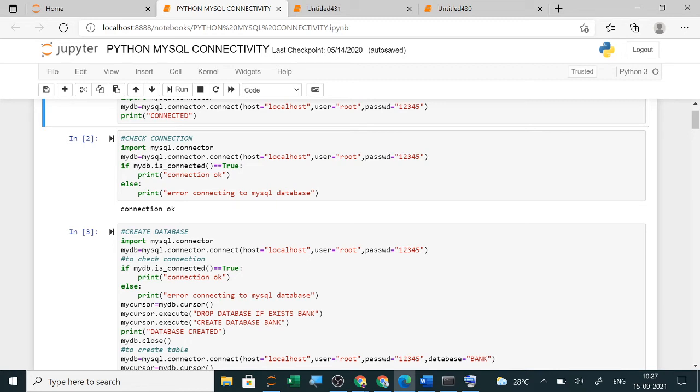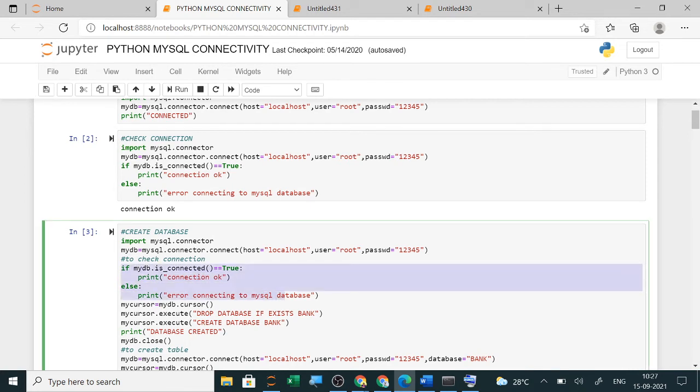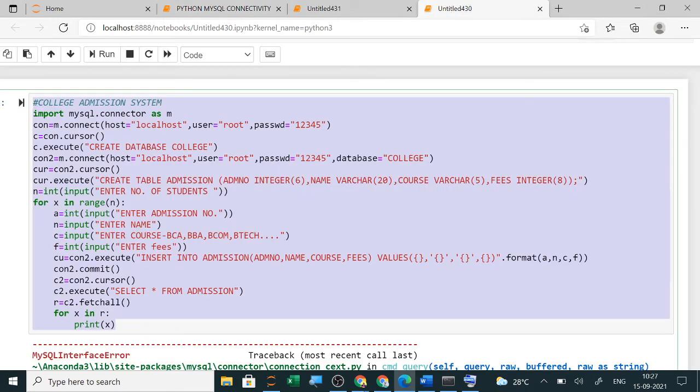So I will simply copy it. The second is if the connection is there. I am using this from here, and this also. Two lines, the first one is not required, only the second one, because I want to execute two times.